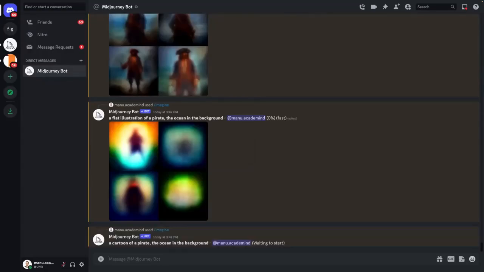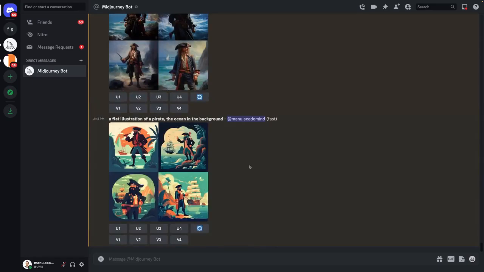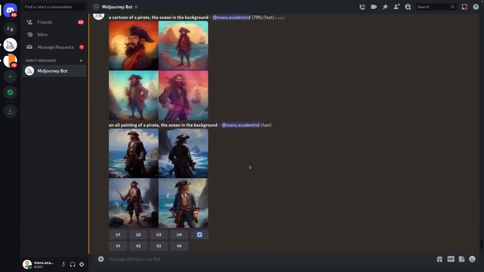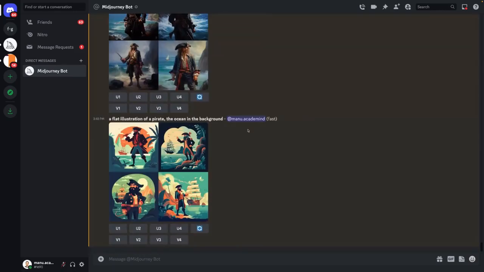Let's now generate these 3 images, or these 12 images, and let's then compare the results. All images are generated now, or almost. The cartoon still takes a few moments, and I'll now open all of these in full screen to be able